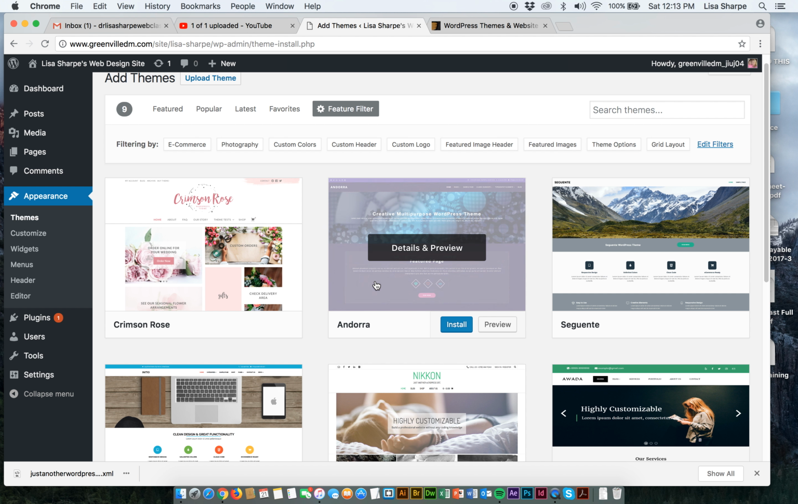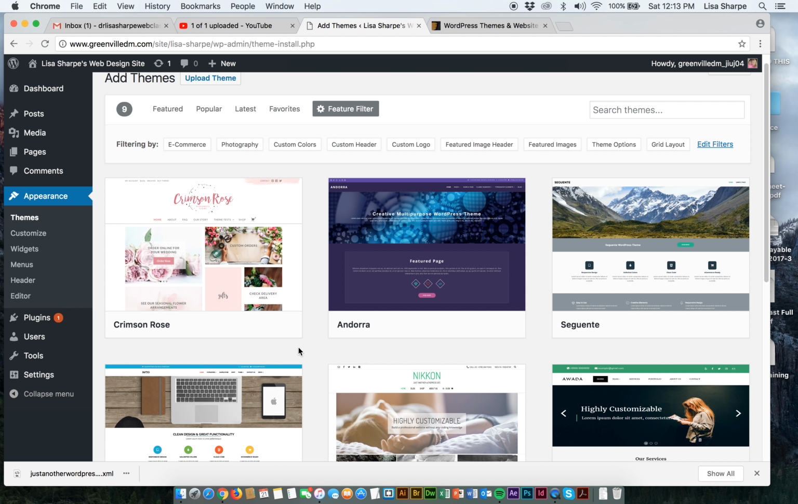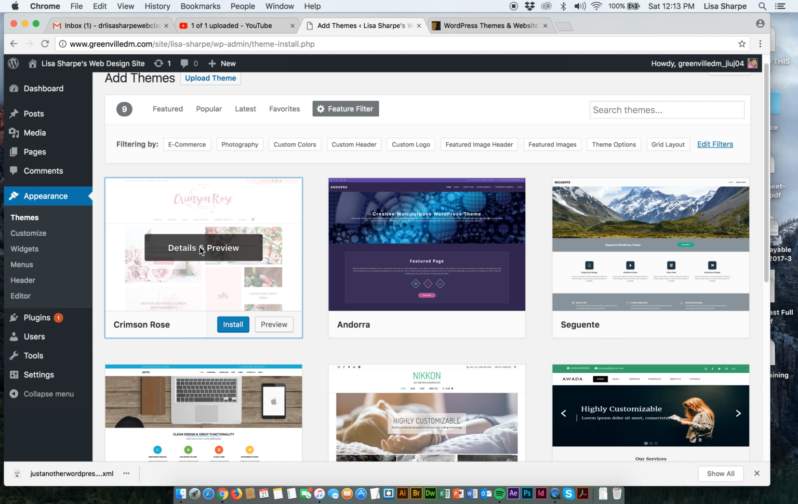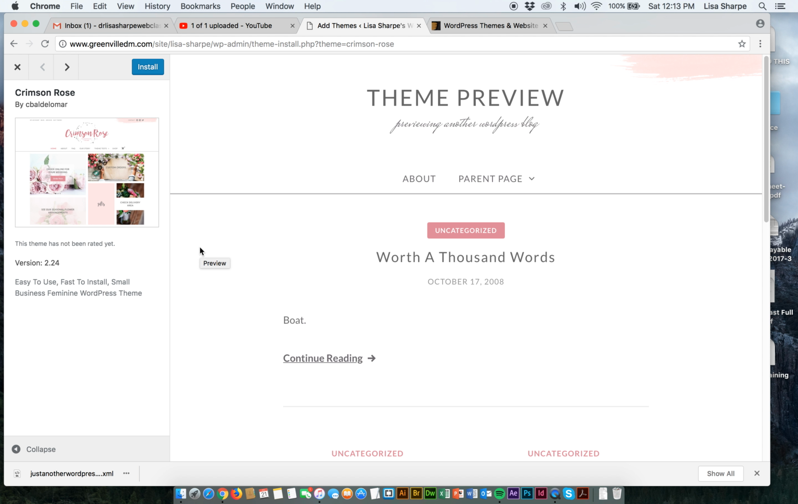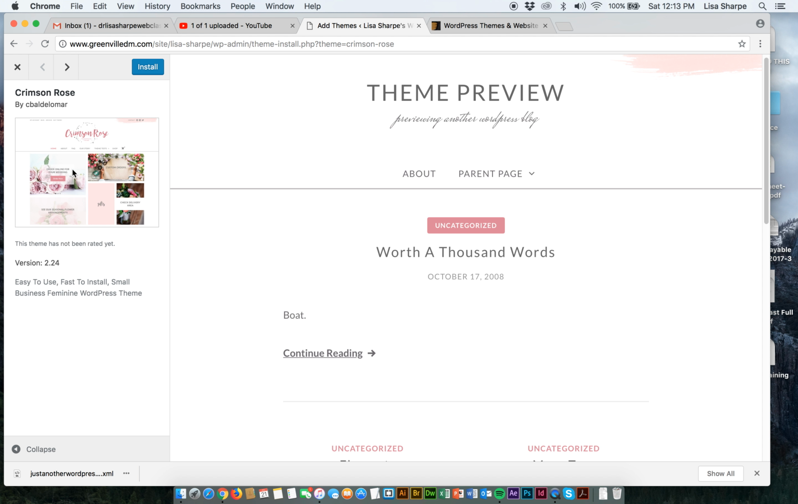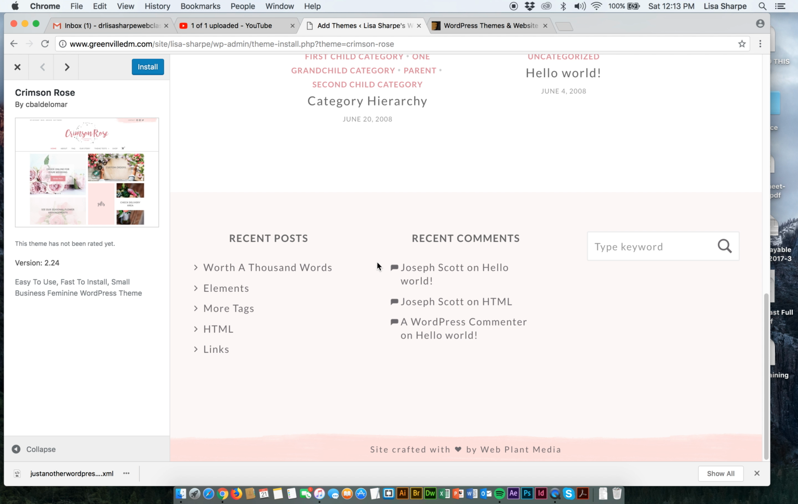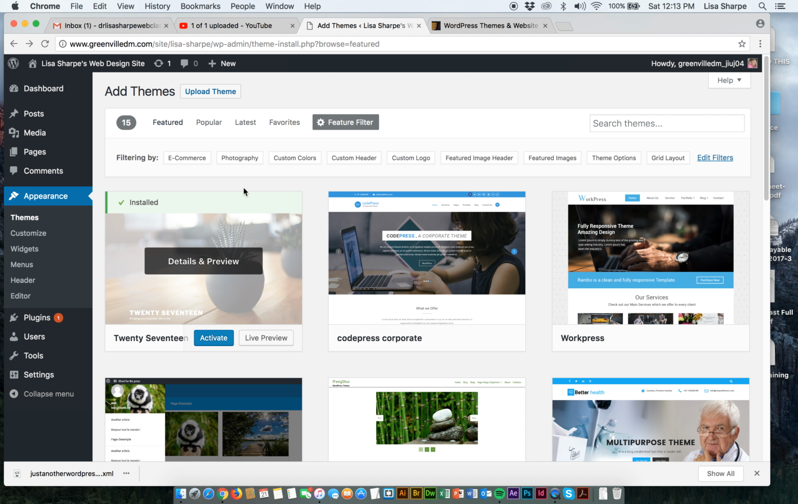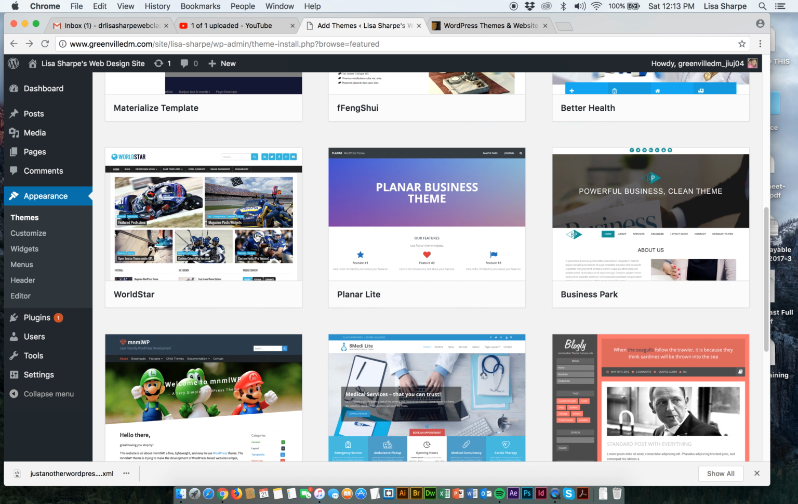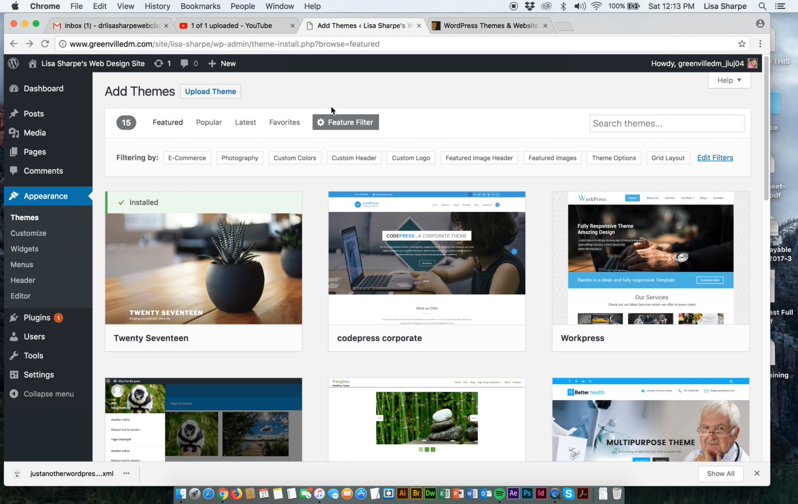Don't install them all. Preview them first. See what would appeal to you. Like I actually think this one looks pretty cool for me, even though it's pink and I don't really like pink. All right, so this is a theme that has not been rated yet. So that's a little bit of a red flag for me. And it's also pink, and that's a little bit of a red flag for me. So I'm going to go back and take a look at